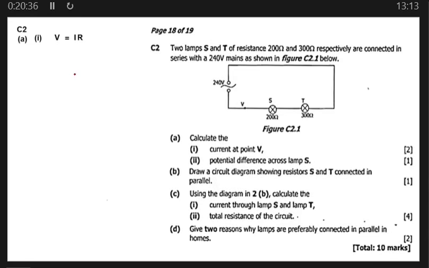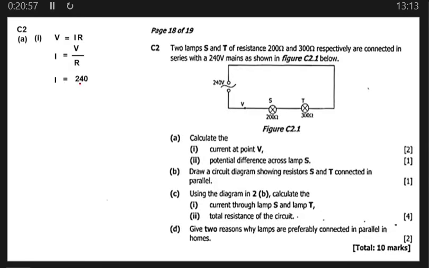Now what we are asked to find is actually current. So make current the subject of the formula, and we have current is equal to voltage divided by resistance, which we are going to say is equal to